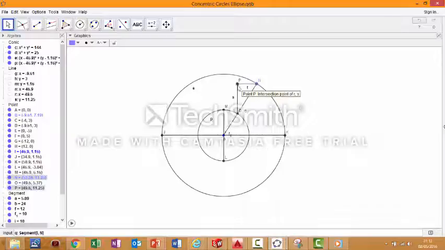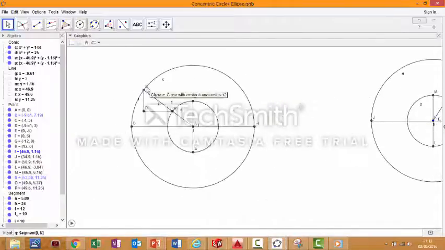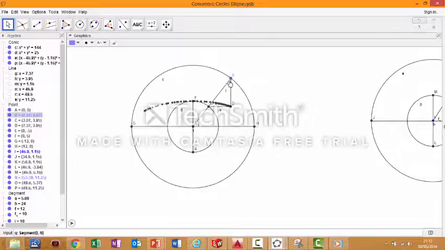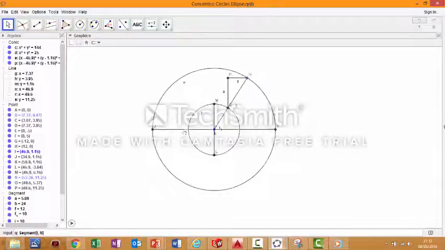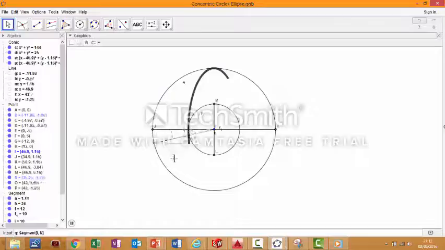You can see here it's up and across, while here in the same quarter it's down and across. So when we turn on trace here and press play, we can see that the ellipse is created